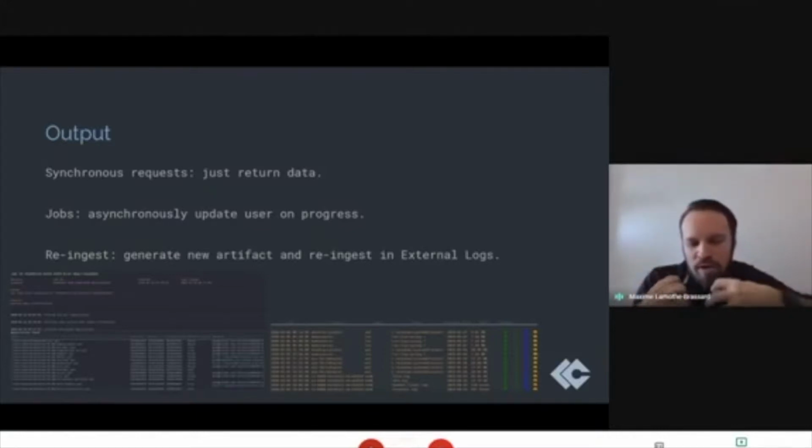The really more interesting two mechanisms that come with this are the jobs mechanism and re-ingesting. So the jobs, you might have seen already, depending on what you've used in LimaCharlie, are a way for a service to narrate some kind of job that it's doing for you. They will show up in the dashboard, and there's a screenshot here, but the idea is that you'll be able to narrate to your users what you're doing, how you're doing it, the timing of everything happening.